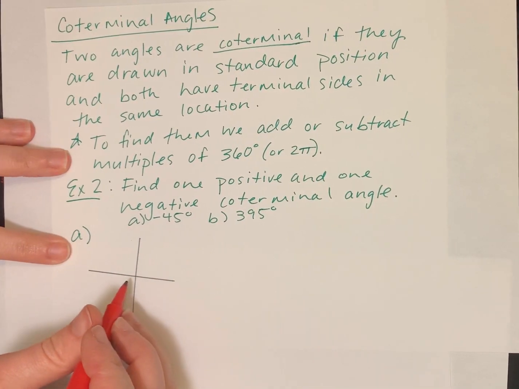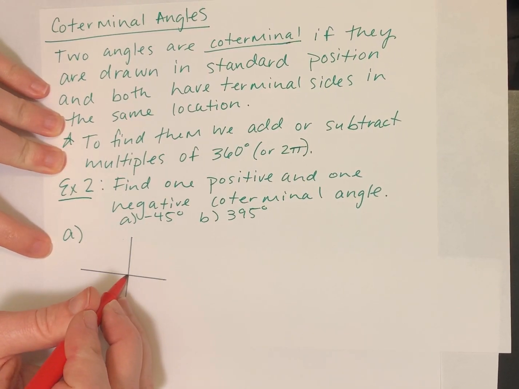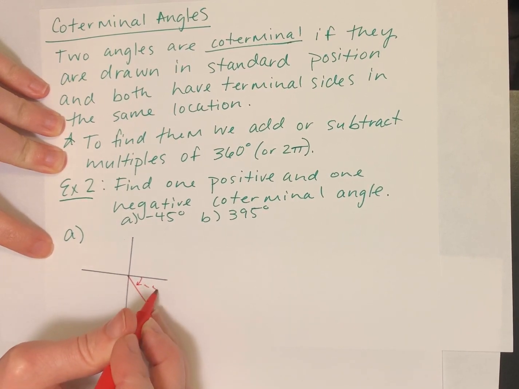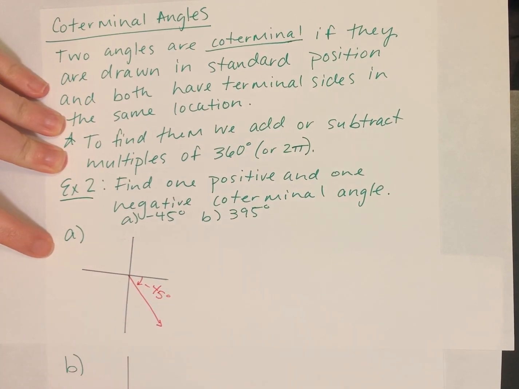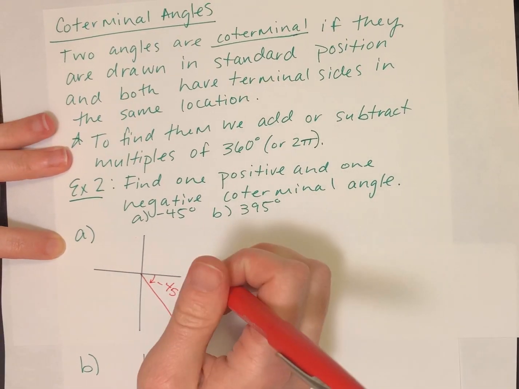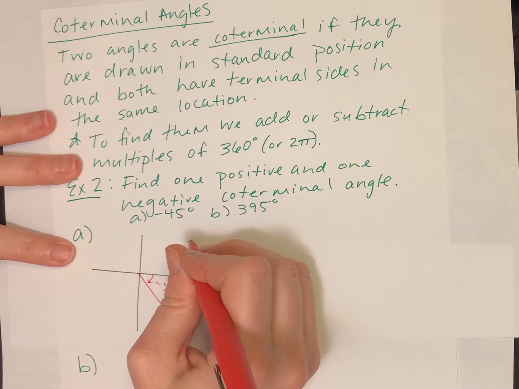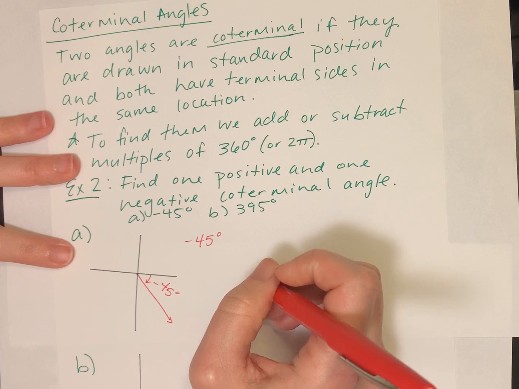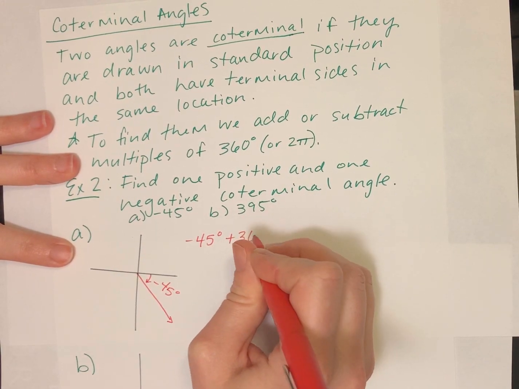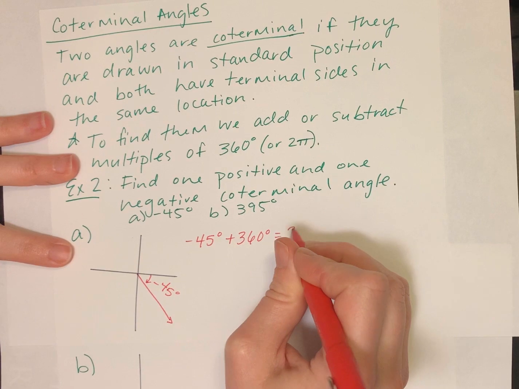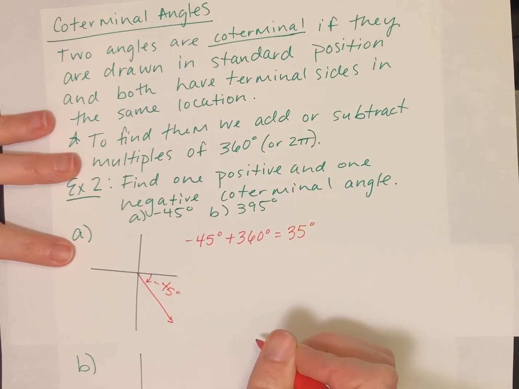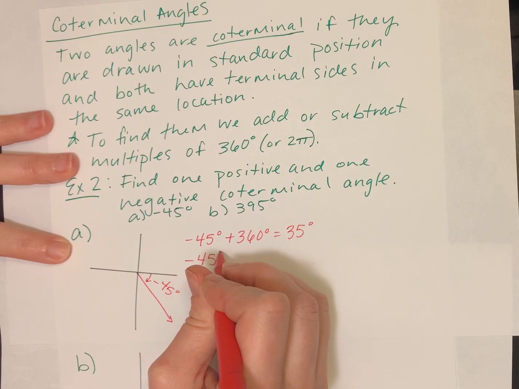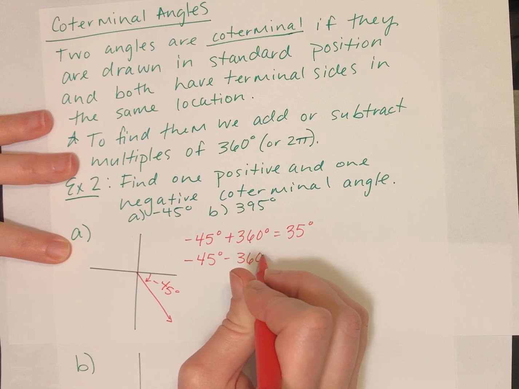Negative 45 degrees, if we drew our angle, we would have to move clockwise. So negative 45 degrees would be approximately there. If we want to find a positive coterminal angle, we would just add 360 degrees. So we have 35 degrees. If we'd like to find a negative coterminal angle, then we would just subtract 360 degrees,